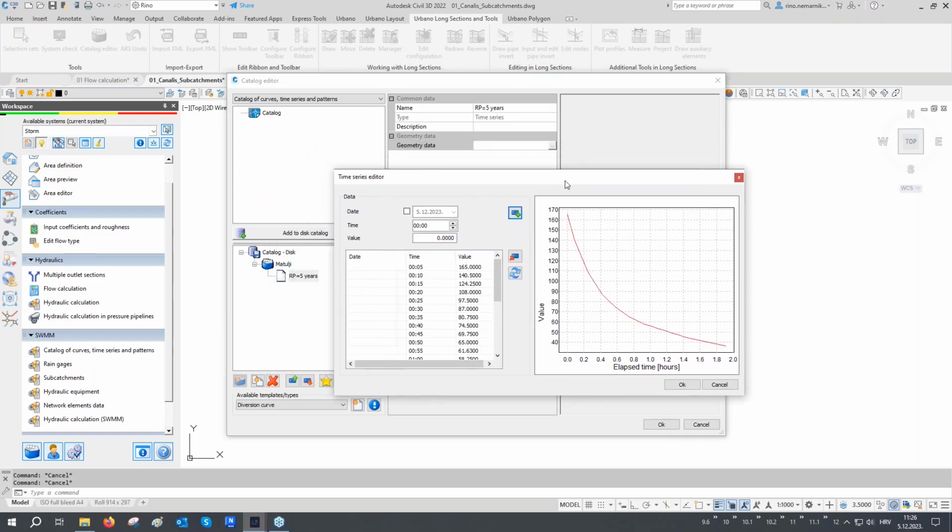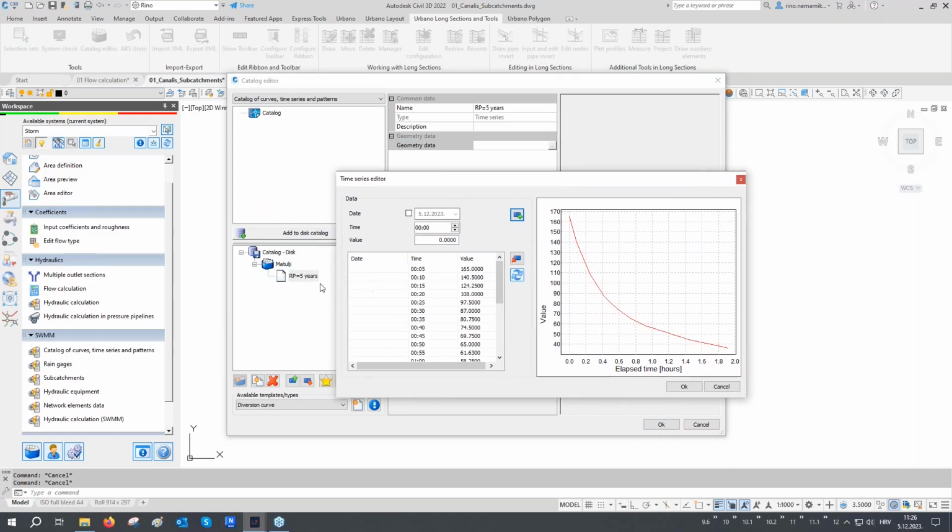So this is basically one IDF curve for the return period of 5 years for this area. And you can see that we have the recorded value each 5 minutes. And we see that the peak value is 165 millimeters per hour. So it is important to say that when you are defining this rainfall intensity time series in this dialog,